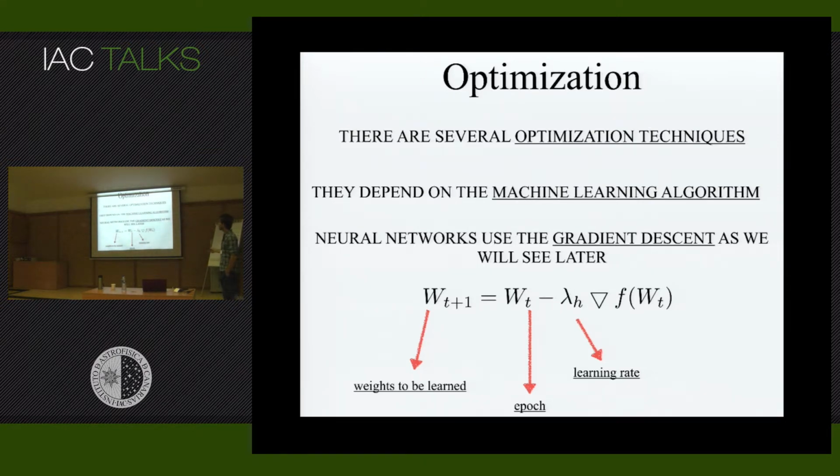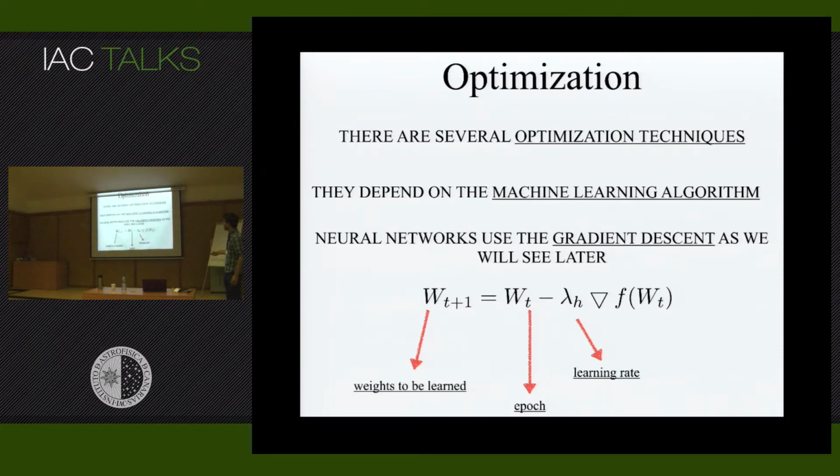So neural networks, as we will see later on, use a very simple way of minimizing, which is gradient descent. And basically, you're trying to find the weights. What you will do is follow the slope of largest gradient. So you have a function that depends on the W. You compute the gradient, and you look for the minimum by following the gradient. So this is the simplest algorithm that you can imagine to minimize.